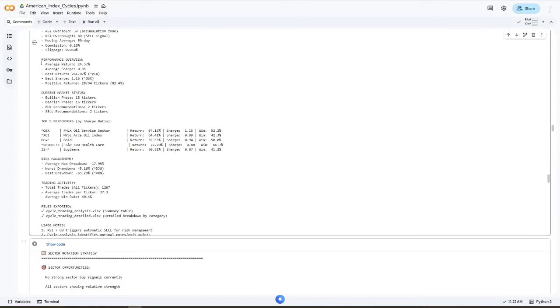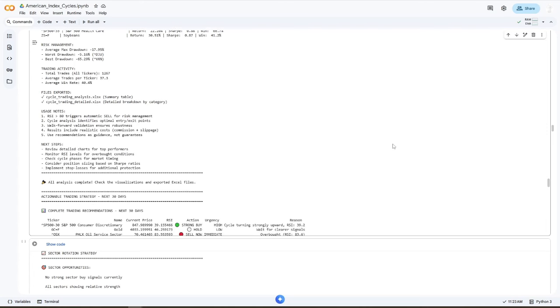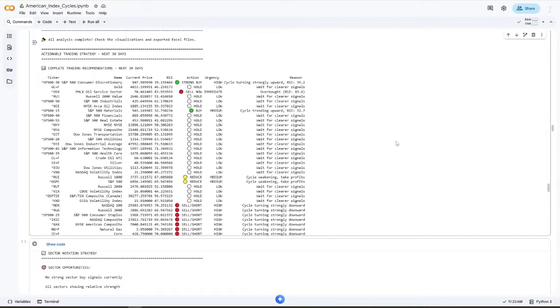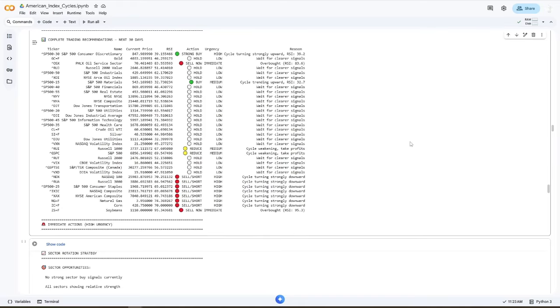So we see here the performance overview. Average return of the strategy 24.57%, the Sharpe ratio 0.35. The best returns are provided by trading the VIX with this strategy, and the best Sharpe ratio is 1.55. Positive returns are for 28 out of 34 tickers, which are all indices or gold or silver or the volatility index, etc. You have a dashboard which tells you, for the next trading days, according to the signal that we extrapolate from the model, you have this with traffic lights,